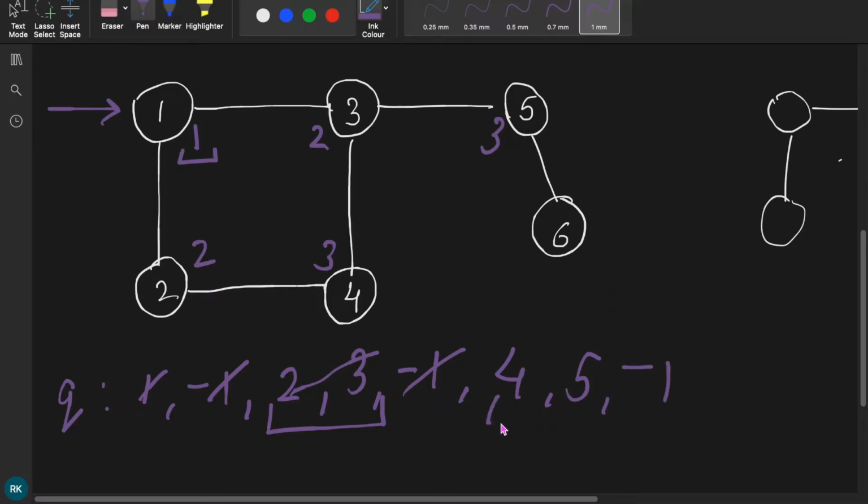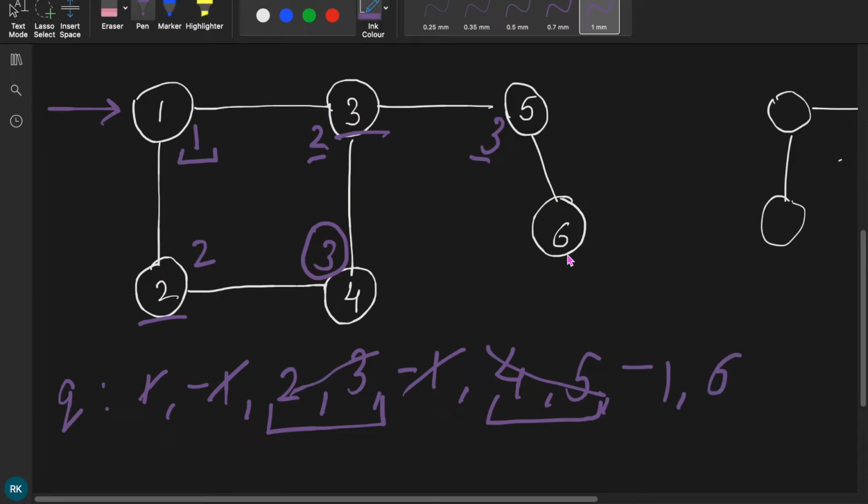Now we process 4 and 5. We again check, since 4 is connected to 2 and 3, does this violate the condition of the question? That is, directly connected nodes should have absolute difference of their group to be 1. So 3 and 2 having absolute difference of 1, that is okay, and 2 and 3 again absolute difference of 1, it is okay. And it's the same case for 3 and 5. Their absolute difference is also 1. So this doesn't violate our condition, and we do the BFS, remove 4 and 5 and add 6 to our